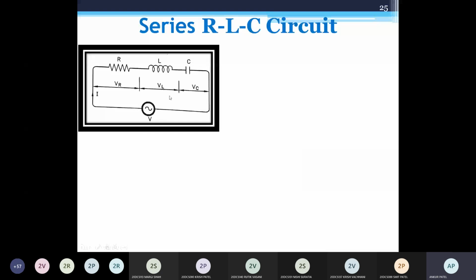So this is the RLC series circuit. We have three components R, L, and C connected in series across a sinusoidal voltage V equal to Vm sin omega t. The current I remains the same through each component as it is a series circuit. Now I want to plot the phasor diagram for this RLC series circuit. Now what will I do?